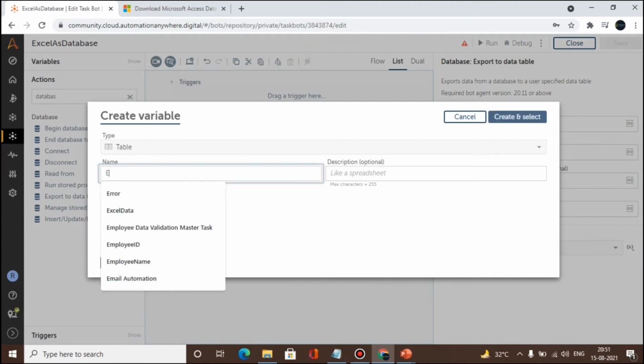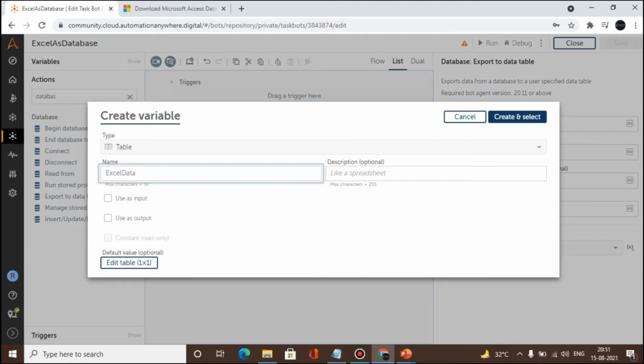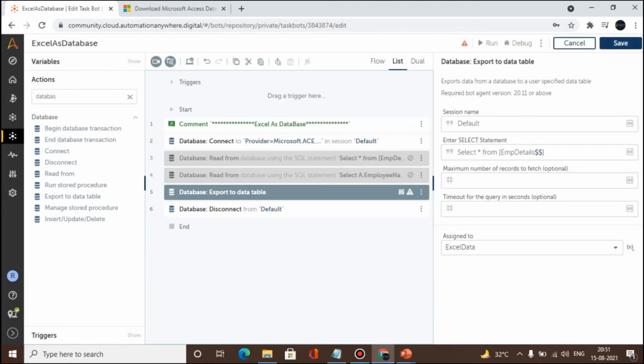I'm just naming it Excel data. Once we run this query, it will select all the data available in the particular sheet called employee details, and it will assign that data to the table variable called Excel data, which we just created. Now if you want to read the data which is going to be stored in this Excel data, for that we need to use a loop.